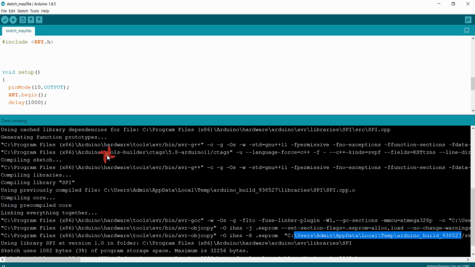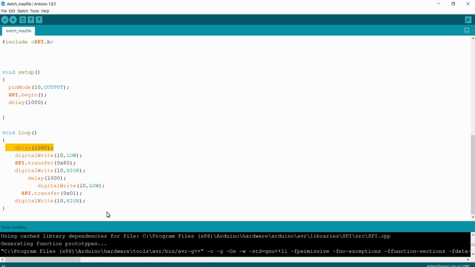So now I am just going to build the LED chaser using the shift register. I'm just going to type a few more lines.